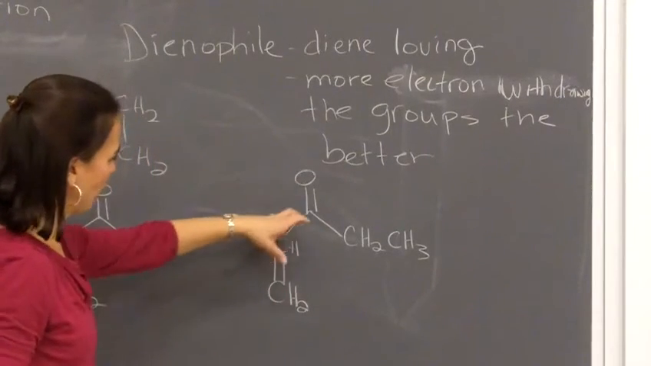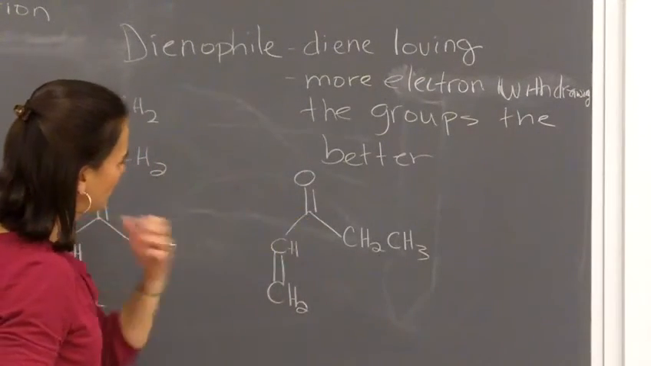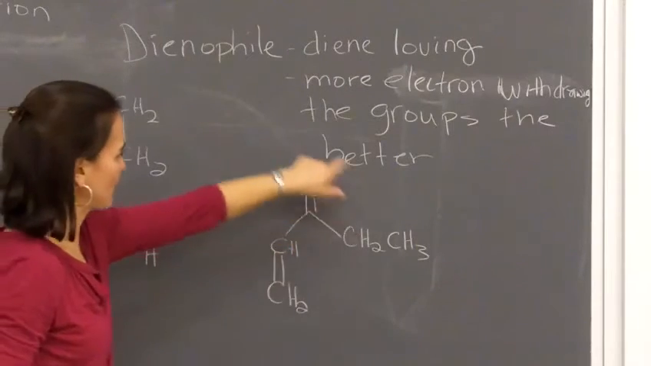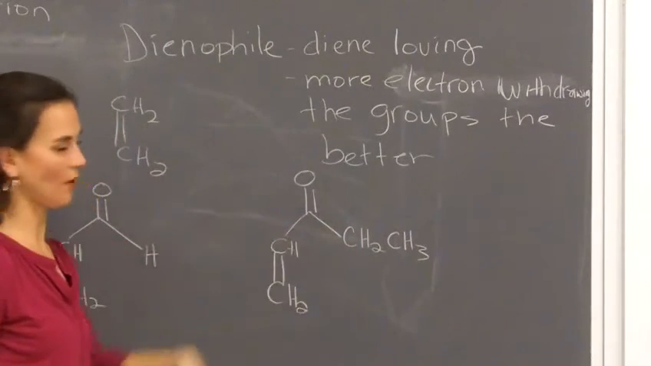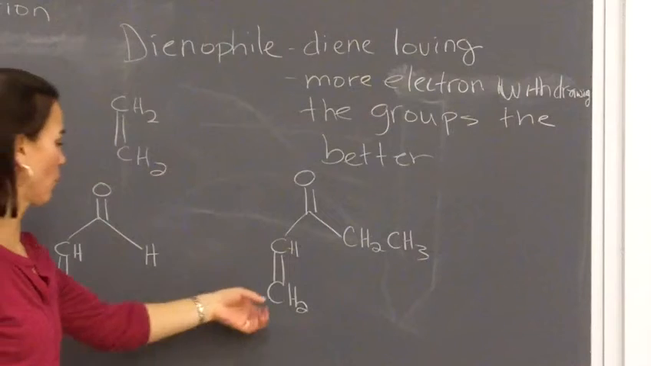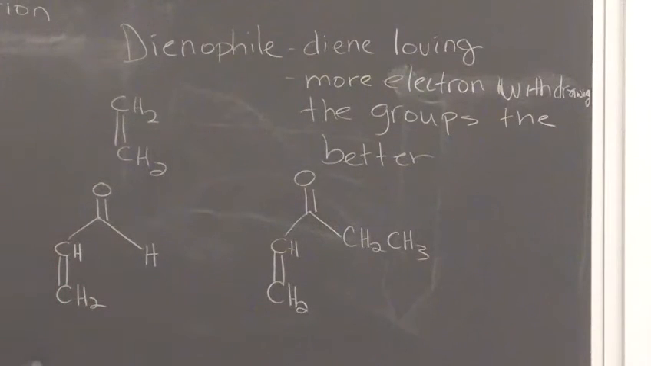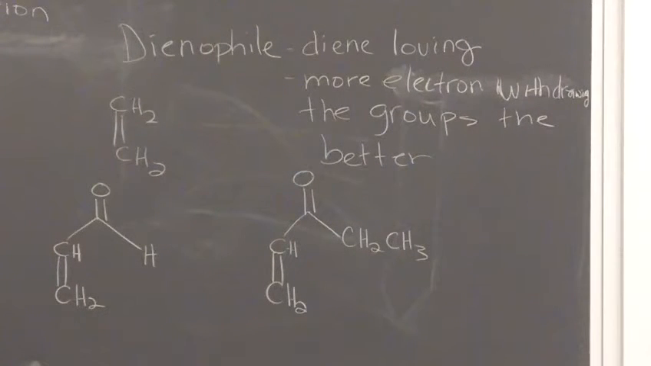So ethyl propanoate. Because we've got this ester group on here, it makes it more electron withdrawing. So it makes it more readily wanting to react with any diene in the Diels-Alder reaction. And so with this dienophile, I'll show you here in a little bit, we actually have a couple of electron